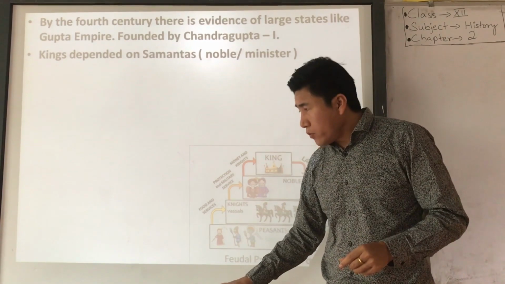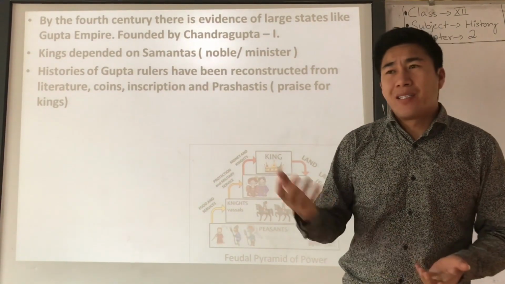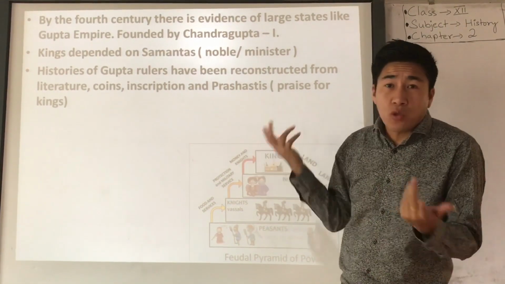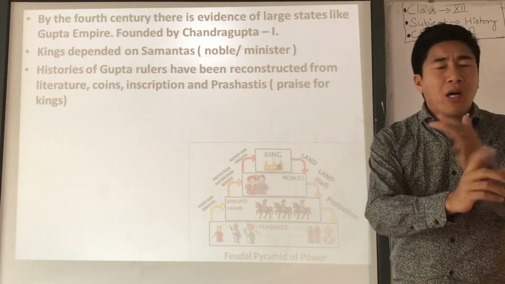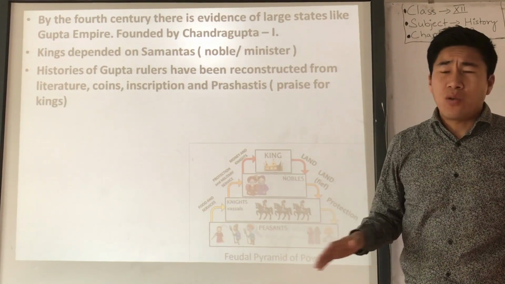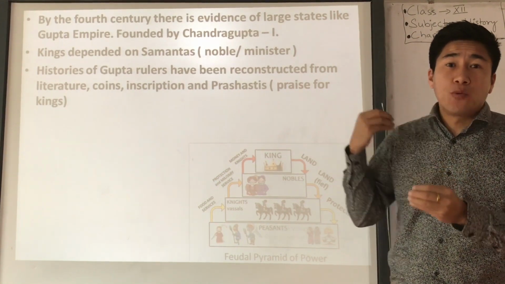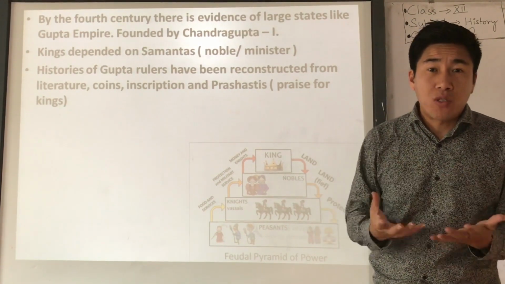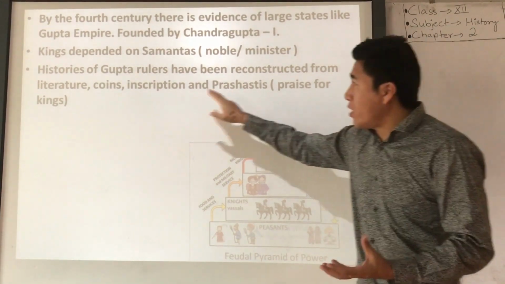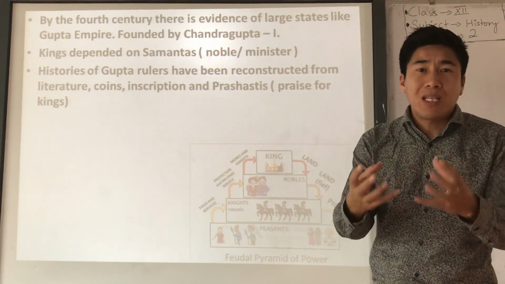Understood? Okay, then the sources from which we know about the Gupta Empire. Sometimes there is a question about what the sources are to know about the Gupta Empire. Of course, coins were there, inscriptions were there, monuments were there, literature was there. You can put this kind of answer in every question on sources. Now, a special thing about the Gupta period is the Prashasti. Coins and inscriptions, of course, we know. Prashasti is another new development in the Gupta Empire.